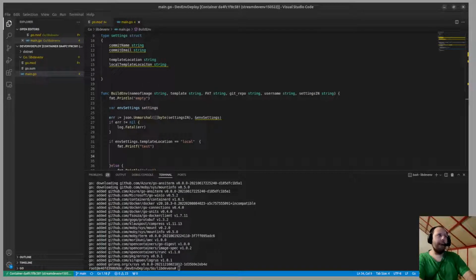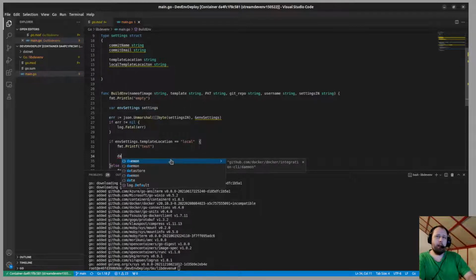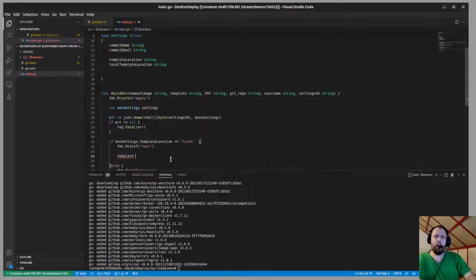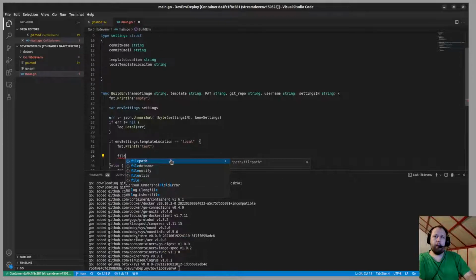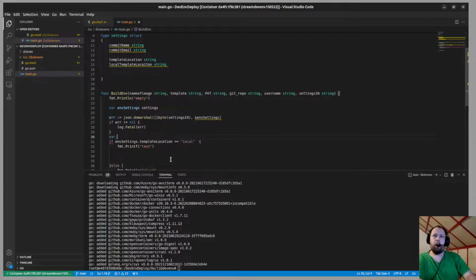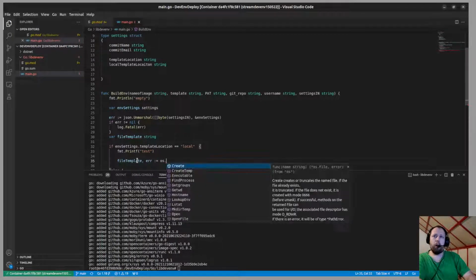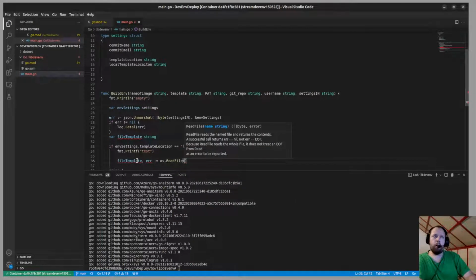File IO Golang. I use Google a lot. Let's be clear, every good programmer does, really. And I'm looking for files currently, so that would be template. So it would be file. Actually, that would be outside. Var file template string. Yes, yes, yes. File template equals file template equals template, error colon equals os.ReadFile, and we have